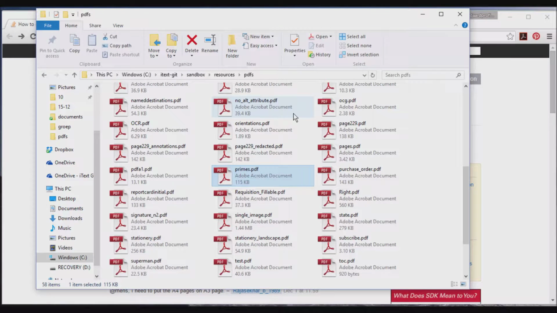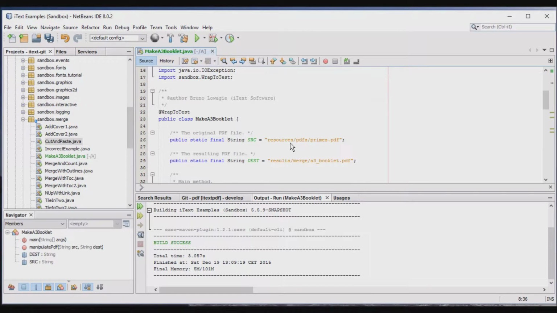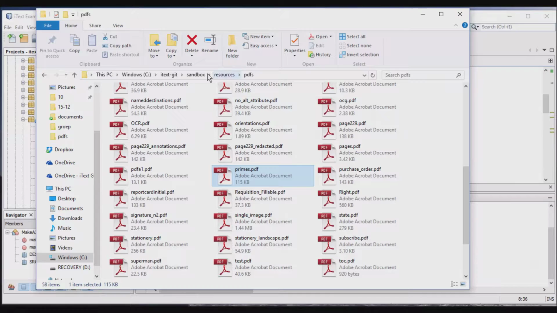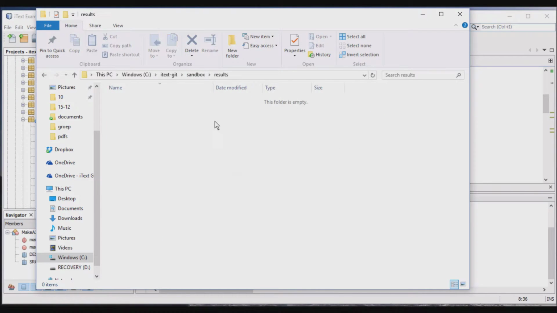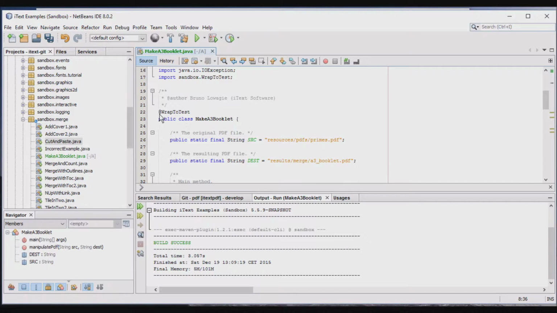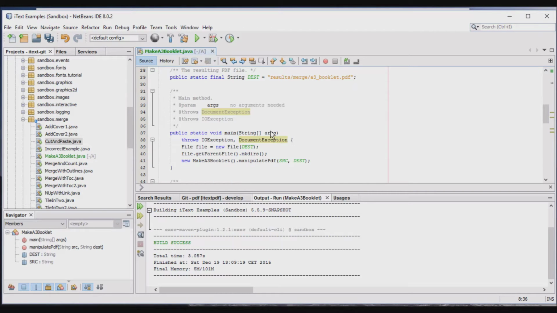So this is the base PDF that I will use, and I've already created an answer. So we take source primes.pdf and we'll create a document under results. So let's go to results. Okay, results. So there's nothing there for the moment. And what are we going to do? Here you see wrap to test. That's because all our examples are also part of our testing suite. So if I do wrap to test, then the result of this example will be a part of our